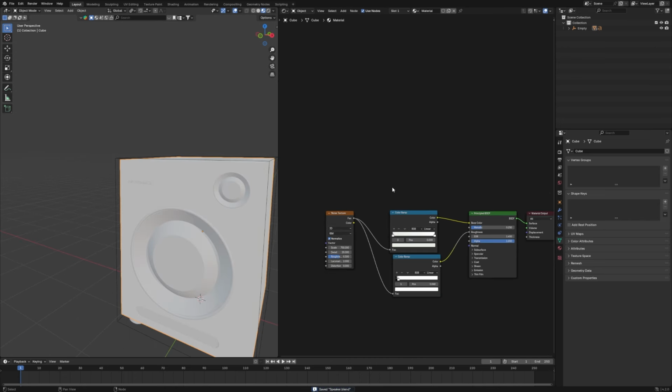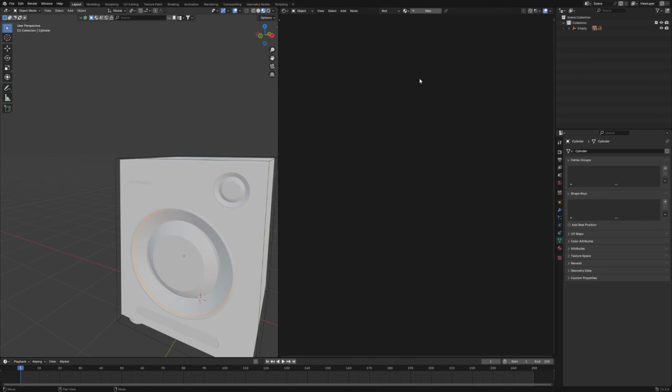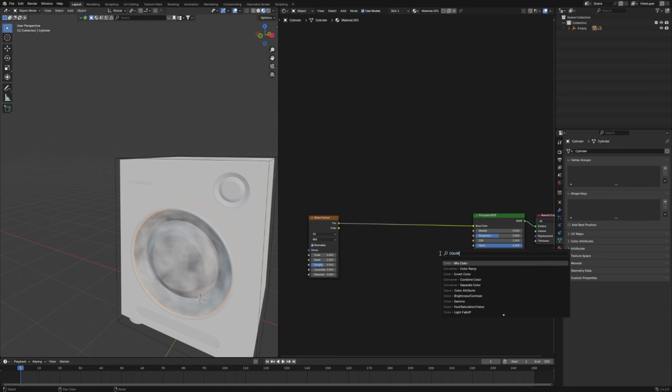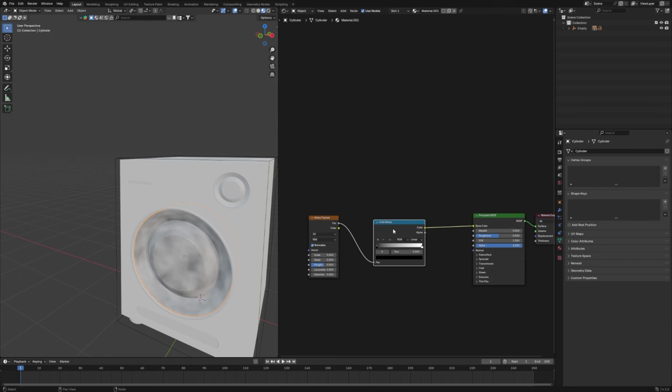Alright, so guys, now after this, let's move into this one, because we want to make this thing look like some rubber or some plastic and so on here. And let's add some noise texture also into this one, connect into the base color, and then add some color ramp. We have the color ramp here,